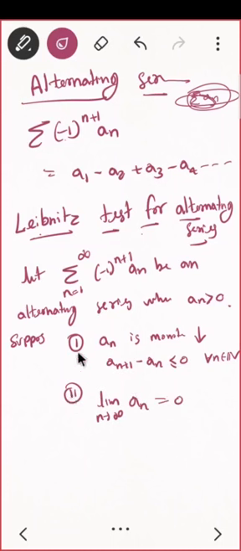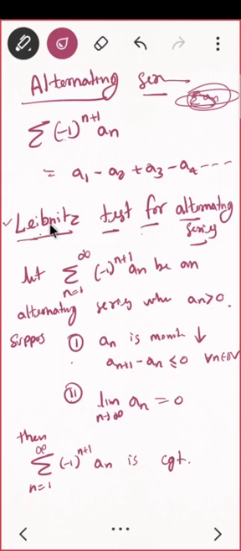If your series satisfies these two conditions, then summation n equal to 1 to infinity (minus 1) raised to n plus 1 a_n is convergent. That's it. As simple as that. So if an alternating series comes, you have one single test: if both conditions are satisfied, you will say it is convergent, otherwise divergent. Finished. Okay? You just remember this. Whenever you see a series, first decide which series it is, whether it is an alternating series. If it is alternating, your work is done, you have a simple test for that. If it is not an alternating series, but a normal series like we did earlier, then you have so many tests to do, so there is no problem. Okay.